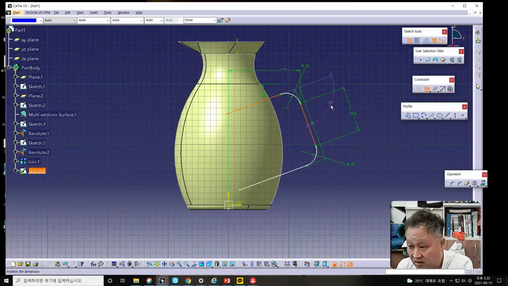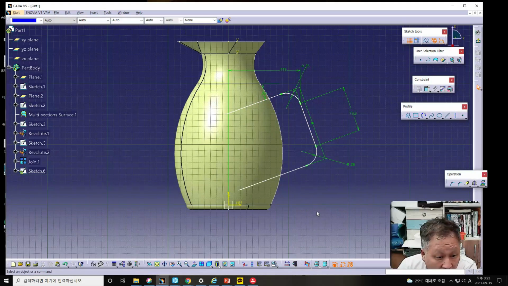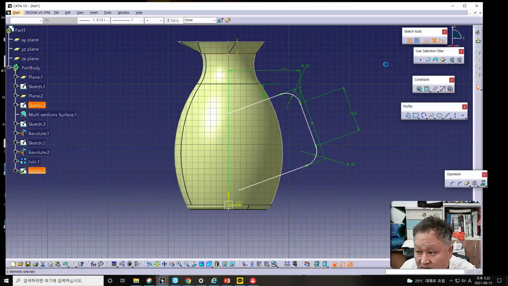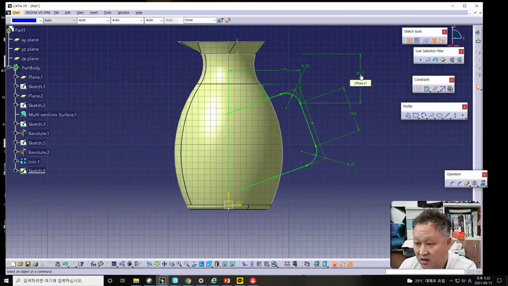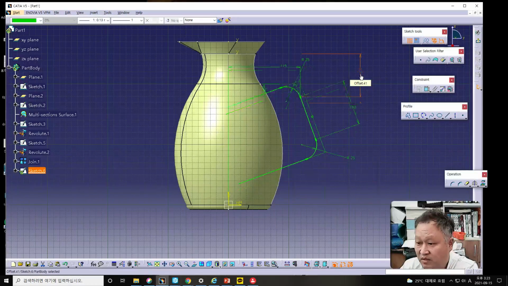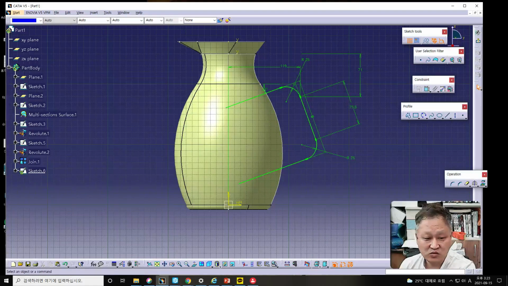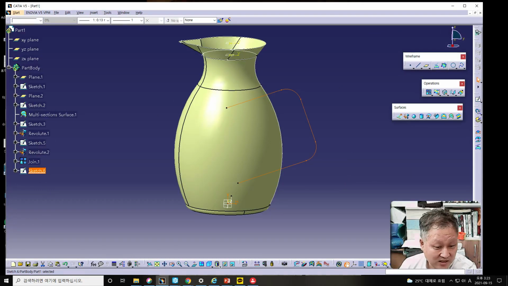Therefore, however, it has some duplicate constraint in this case. Why is it? It is already perpendicular. Therefore, it is okay. Then the distance from this point and this line is 71 millimeter, and then all of the lines changed to green. Therefore, all constraints are made, wow. Therefore, exit the Sketch workbench in this case, and